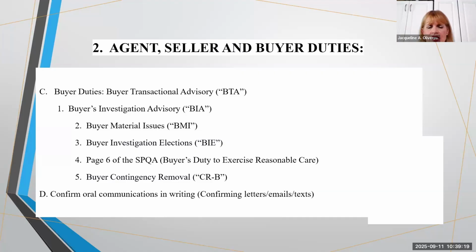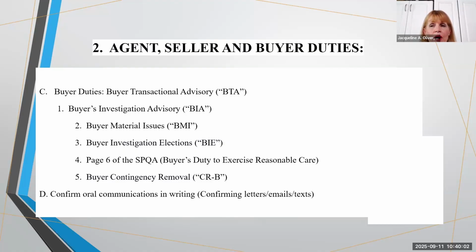Then there's the buyer contingency removal, and you know what that is. If they remove contingencies, they can remove a multitude of contingencies. You might have a loan contingency, you could have the inspection contingency, or there could be a condition that needs to be removed. For example, if in your RPA, the parties have agreed that the tenant that's occupying the property needs to be out by a certain date, and they're not out by that date, that's a condition that you would not remove. So that's another example of a buyer contingency removal that you should be taking care of.